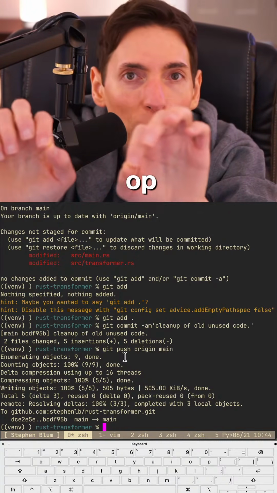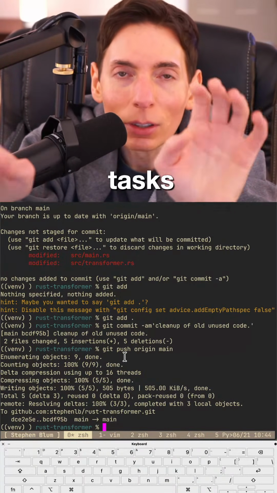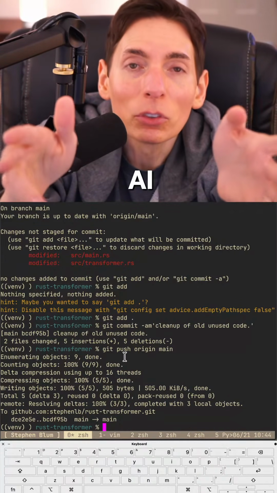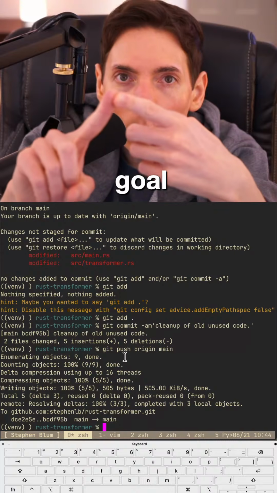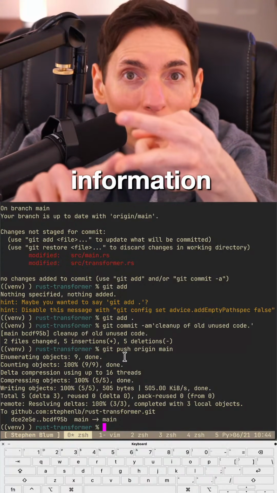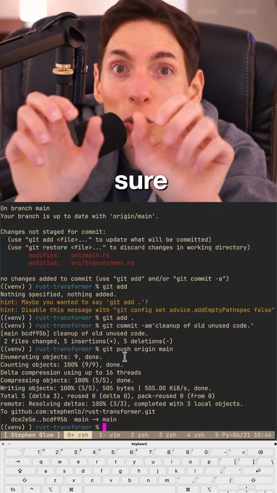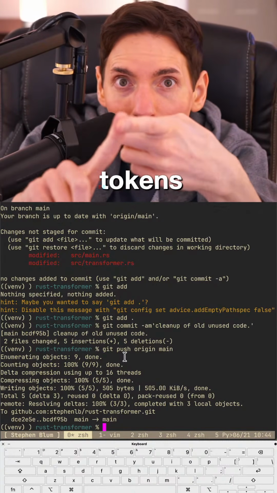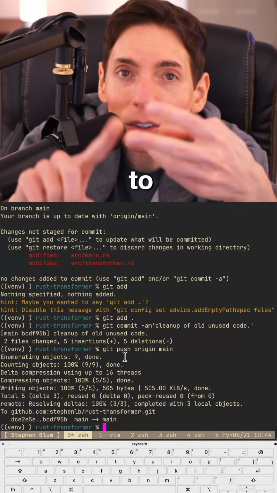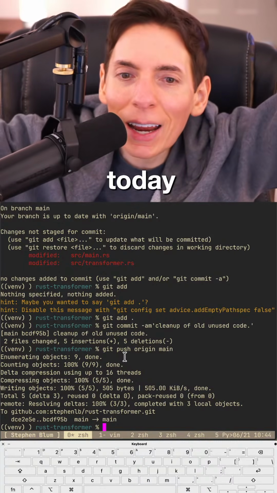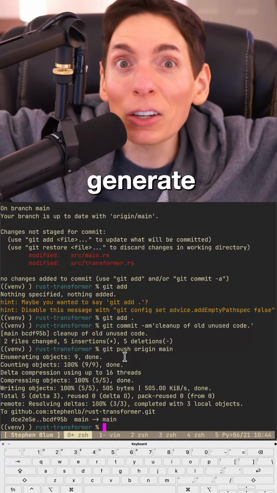They have been all optimized on goal-achieving tasks. So when you paste text like your prompt into the AI to do work for you, make sure you give it a goal so it knows what its target is, and you give it minimum possible information to be successful. And make sure it's minimum. Otherwise, you're going to spend more money burning tokens, it's going to go slower, and you're going to get a lower quality output. So those are the tips for you today on the LLMs to generate code for you.